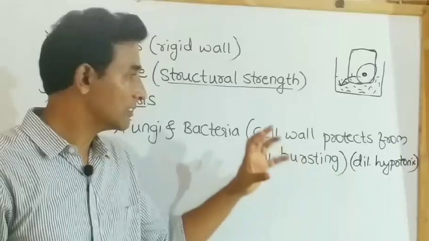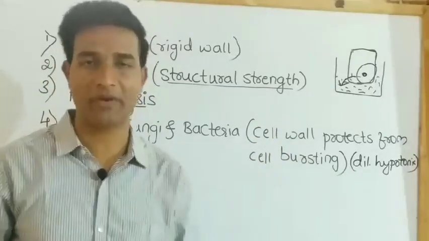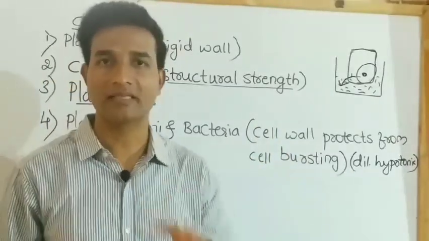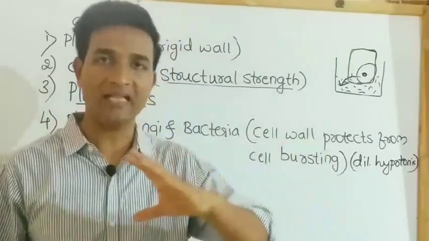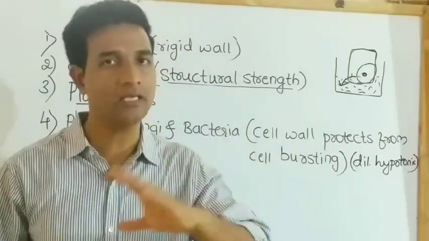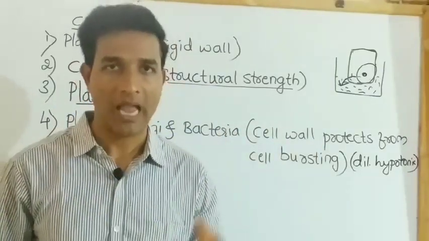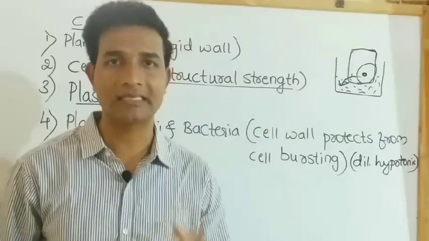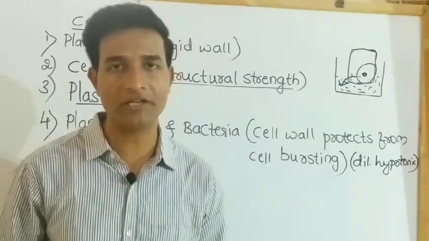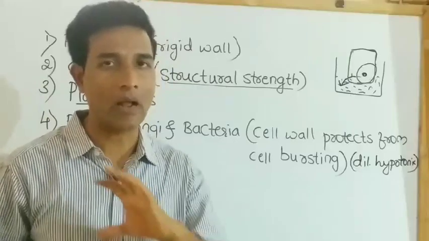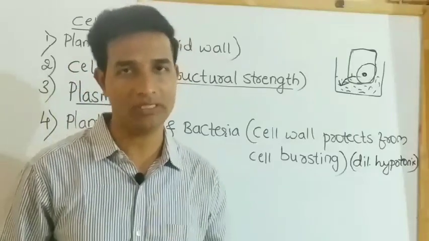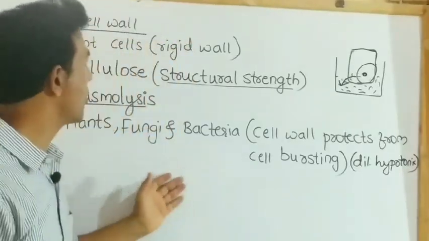The cell swells, builds up pressure against the cell wall, and the cell wall applies an equal pressure against the swollen cell. Because of their walls, such cells can withstand much greater changes in the surrounding medium than animal cells. So this is about the cell wall. About the nucleus.